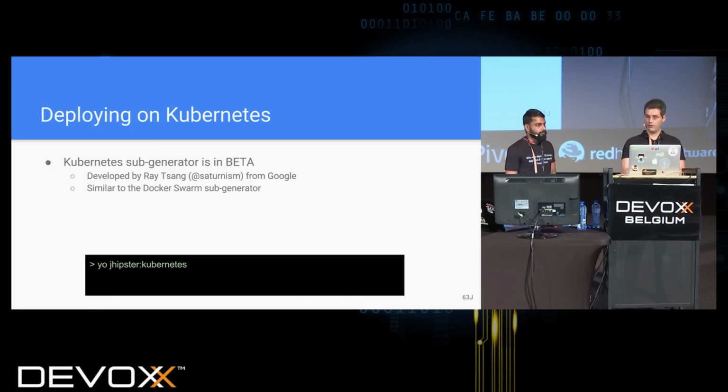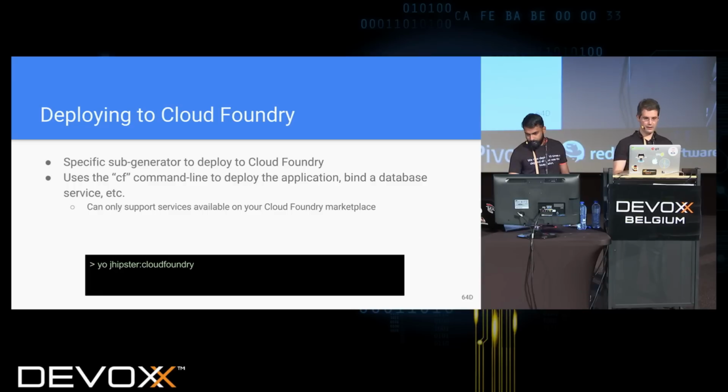What a lot of people probably do, and what I personally would do, is develop on Docker but deploy to Kubernetes. This is currently a beta option, and we hope to get it out of beta with more feedback. This one is very, very complete. We will come back to Docker and Kubernetes when we talk about microservices, because it's much more complex. Otherwise, for people doing monoliths, or microservices without all those services that we have with Docker and Kubernetes,